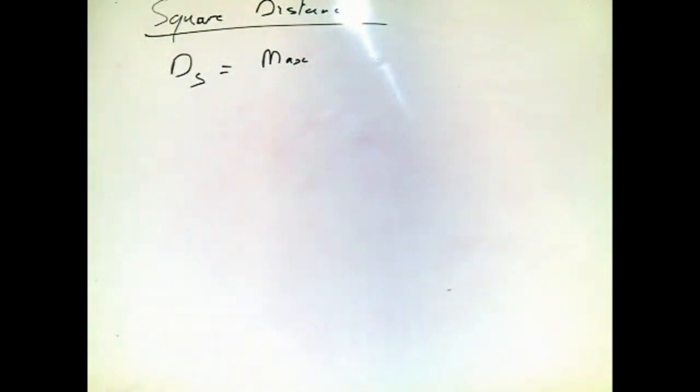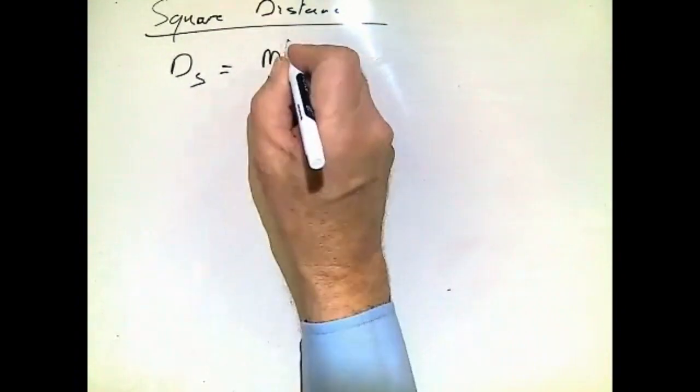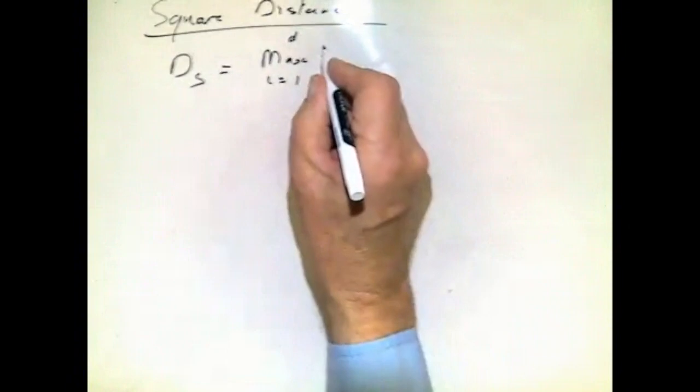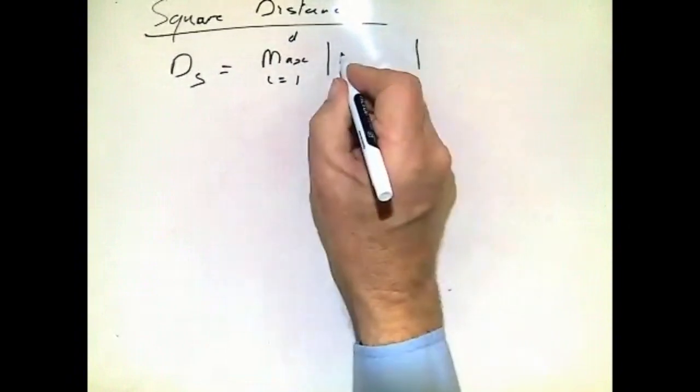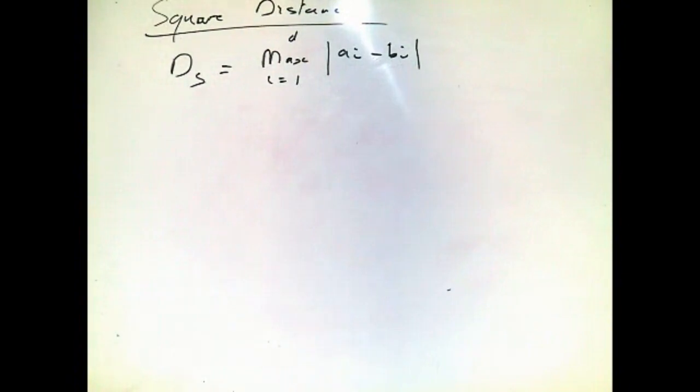We're using a maximum operator on the dimensionality, i equals 1 to d. And again, we're using the mod of the difference between elements. And again, the order doesn't matter. And if we now plot a contour of equidistance using that approximate distance,